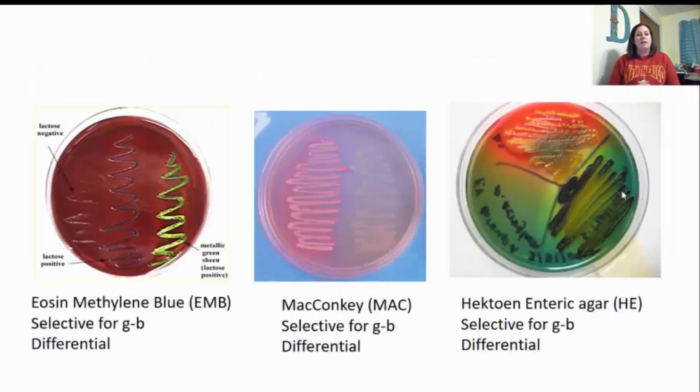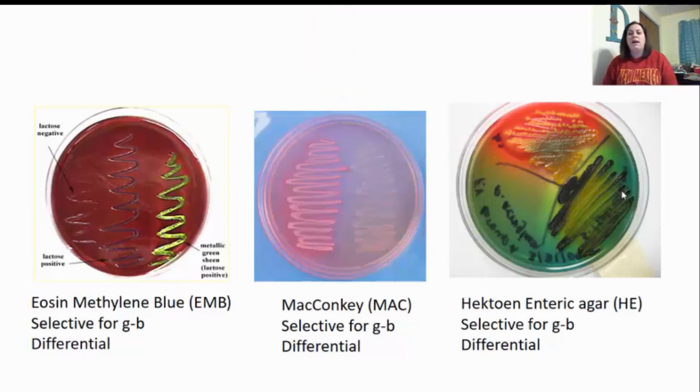One example of this is it helps isolate Neisseria gonorrhoeae. All right, another example is the eosin methylene blue or EMB. This is going to be selective for gram-negative bacteria, and it is also differential. You can see that some are lactose negative versus lactose positive. They can give that more metallic type of green color when they are lactose positive. So it's selective for gram-negative, but it also is differential for whether they're a lactose fermenter. The next one is MacConkey's, also known as MAC. This is also selective for gram-negative bacteria, so it does not allow gram-positives to grow, and it is also differential, where you can see the pink color versus the yellow color.